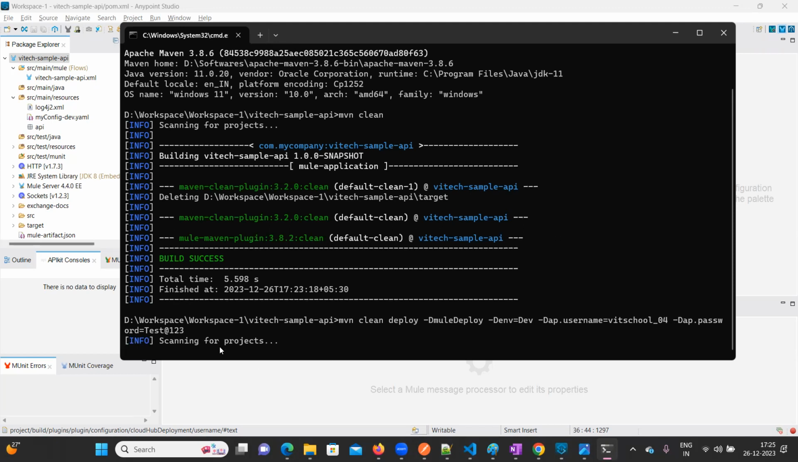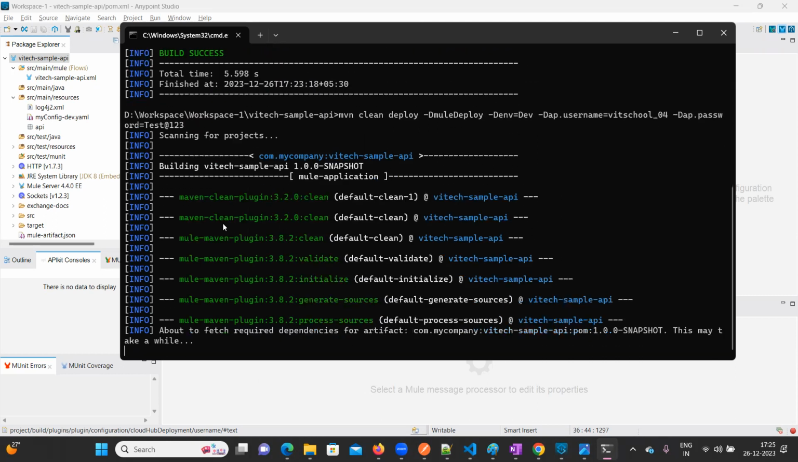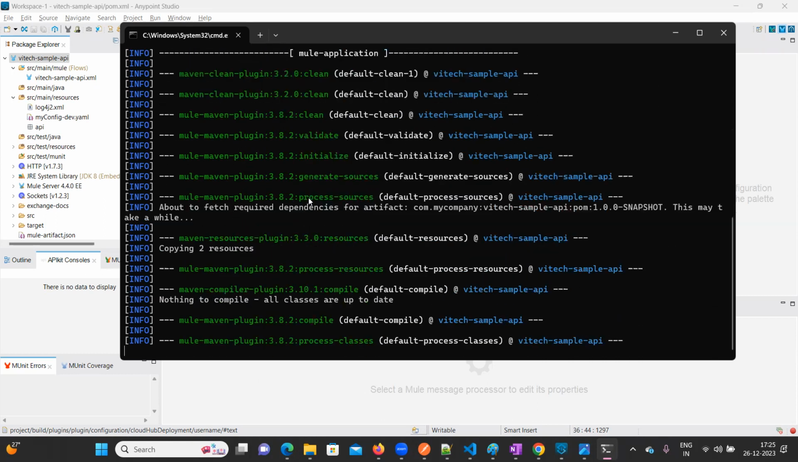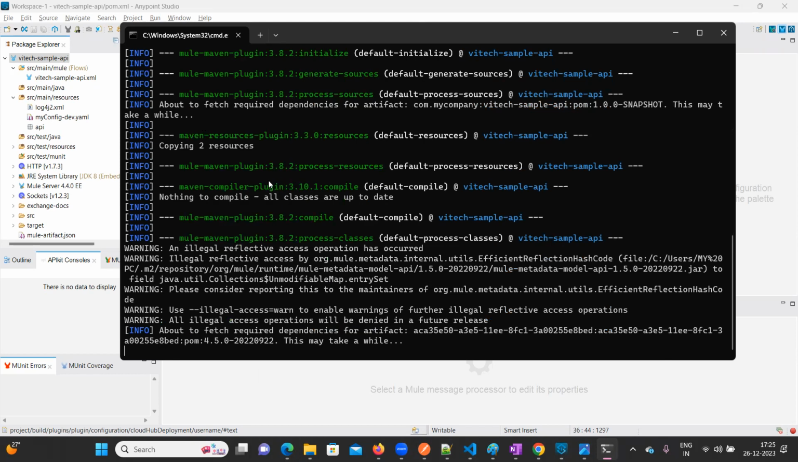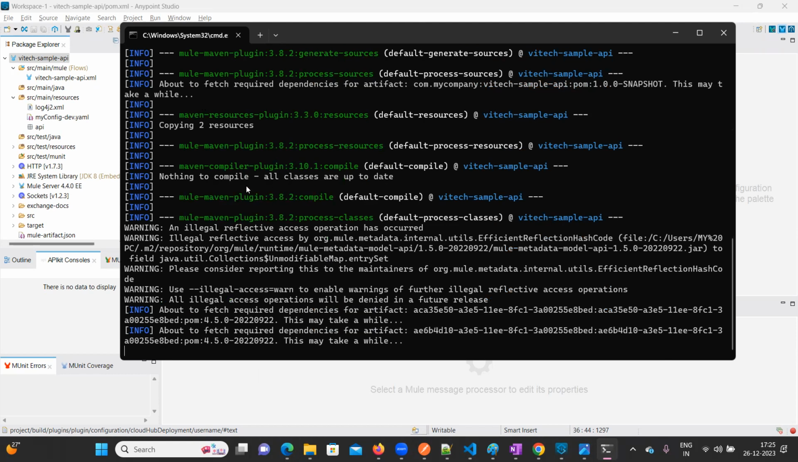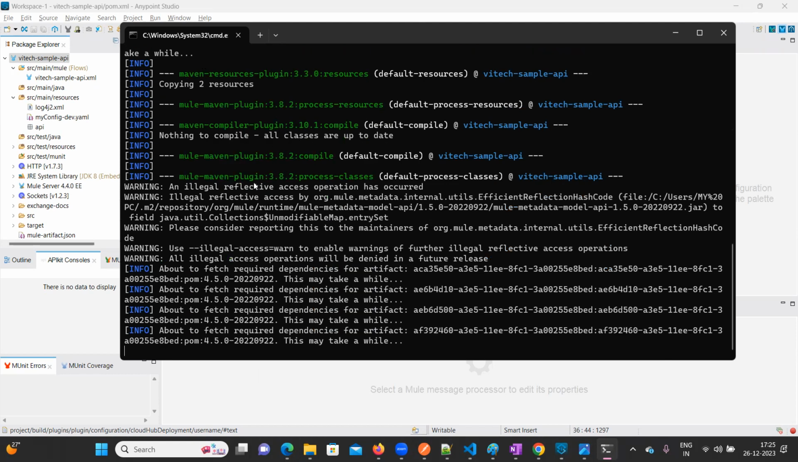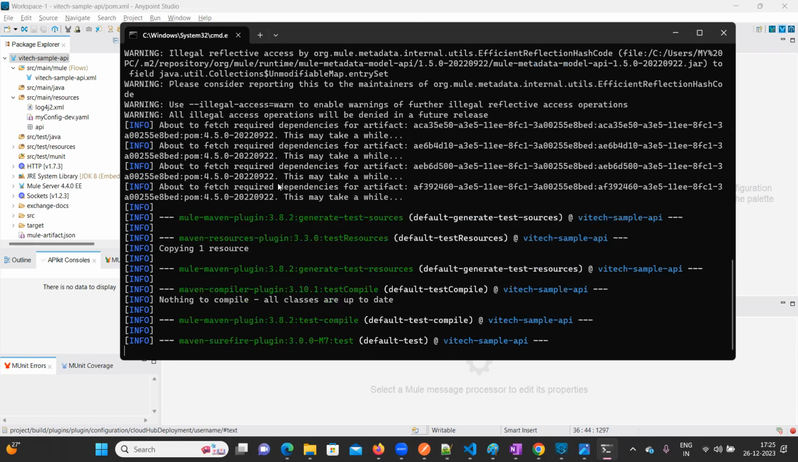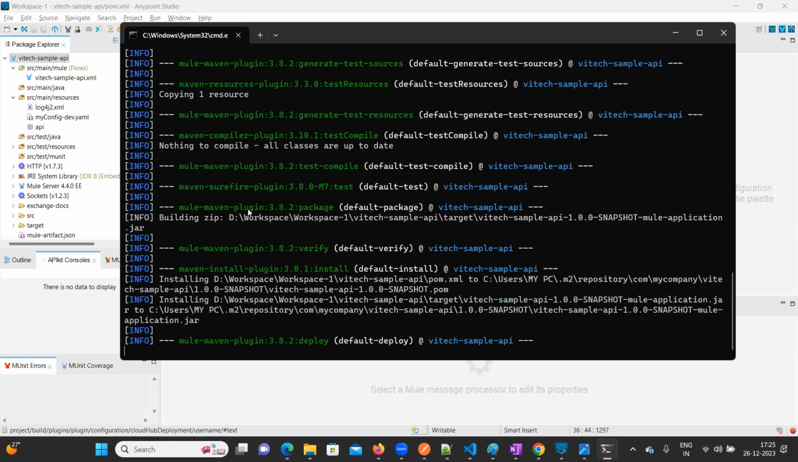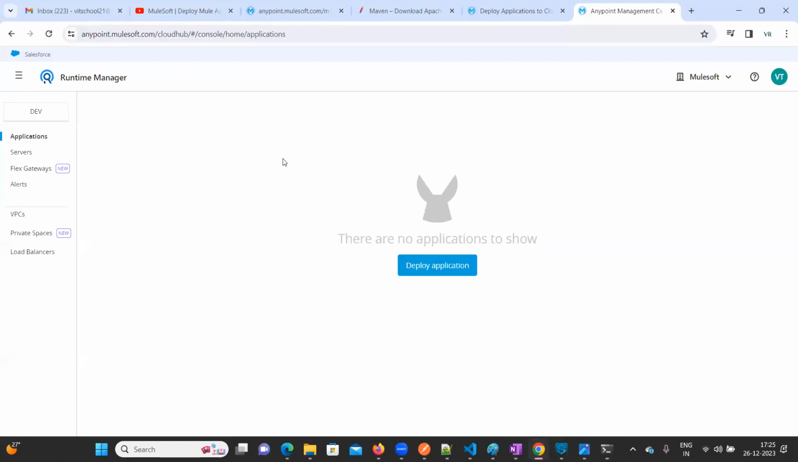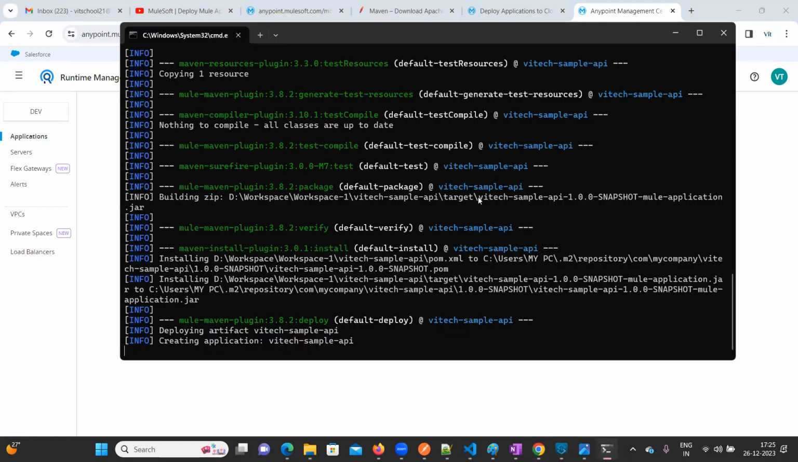Scanning for projects. See, just observe here. If you have any errors, then you will get it in a red color and it will throw errors and it will stop the process. But if there are no errors, it will continue this process. Now we can go to meanwhile. We'll observe this one, and this one also. There is a process automatically